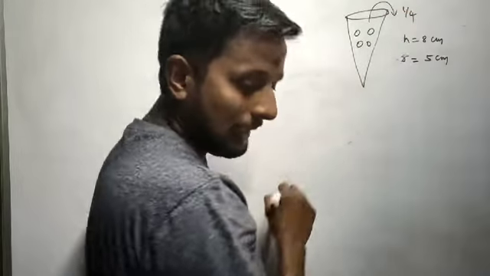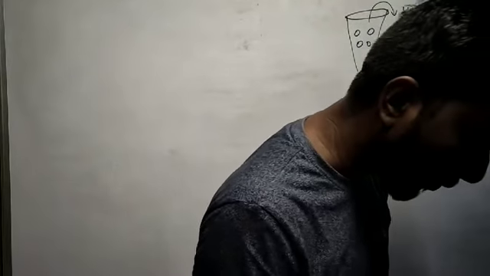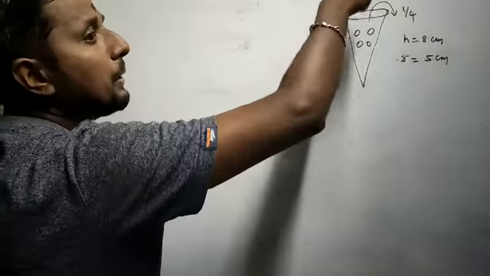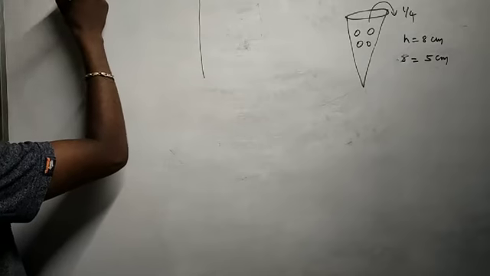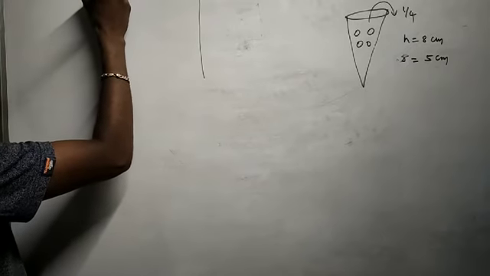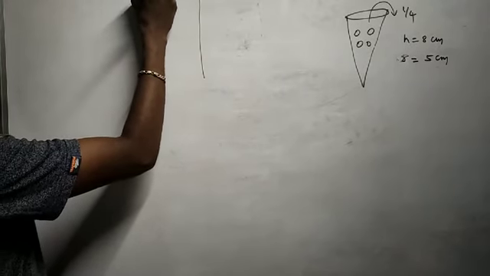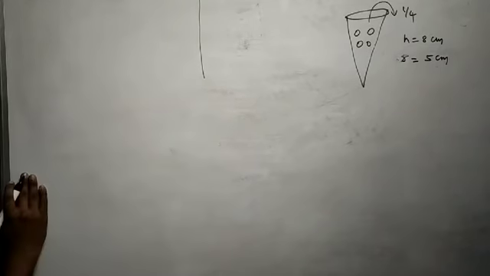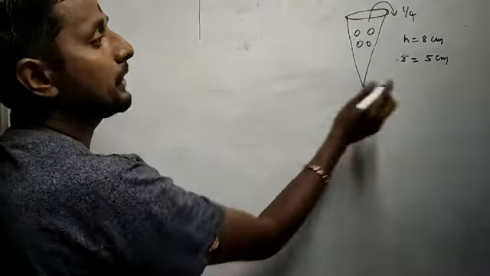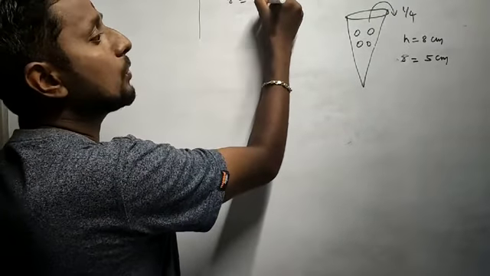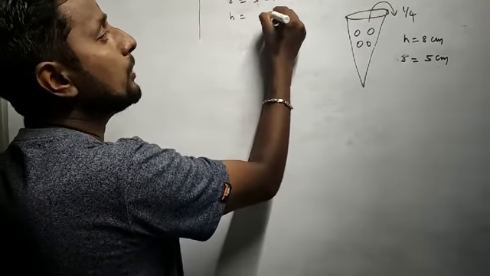1/4 of the water flows out. That means when they put some lead shots in, we don't know the exact count. Lead shot is nothing but it looks like a ball. So ball is an example of a lead shot, and a ball is an example of a sphere. So here I'm talking about the cone. Radius of the cone is 5 centimeters, height of the cone is 8 centimeters.